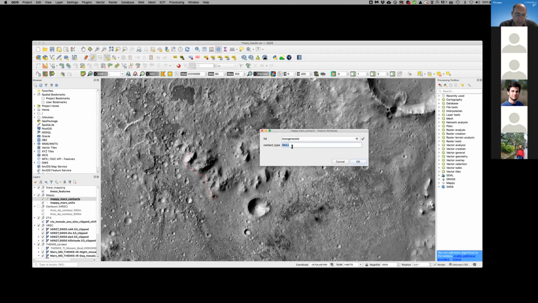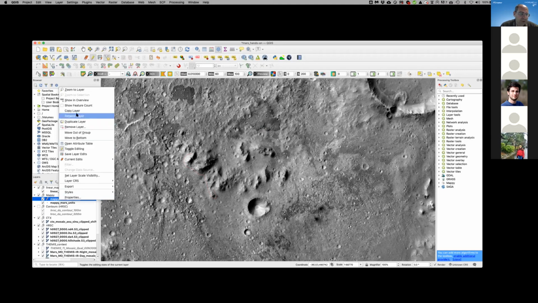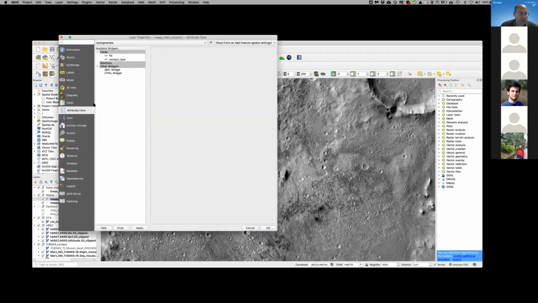I don't care about more contacts at the moment, so we can call it certain contact, so C type contact, or and we can even go to symbology here to the right, to properties, and then symbologies to